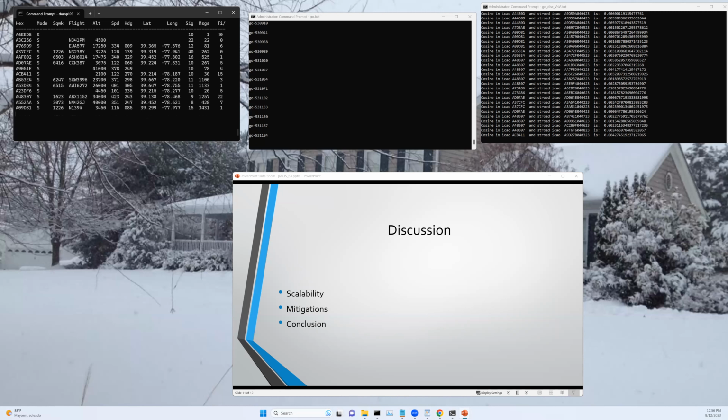In addition, the ICAO ID of the aircraft that is involved in the replay attack could be sent to the surveillance radars that will still be present to some extent in the next-gen air traffic control system, and those can then be employed to triangulate a fix on the location of the culprit.